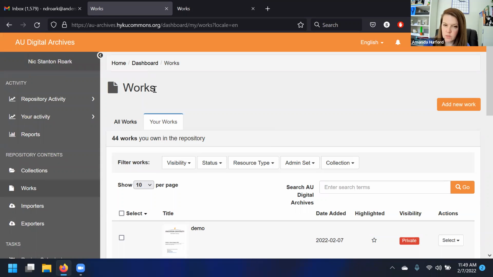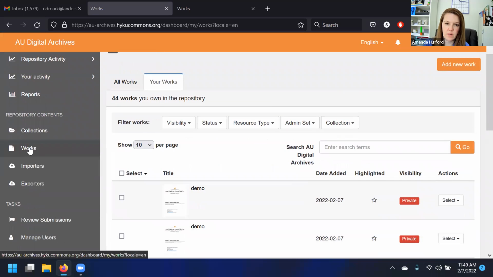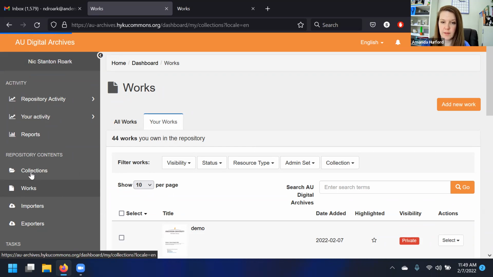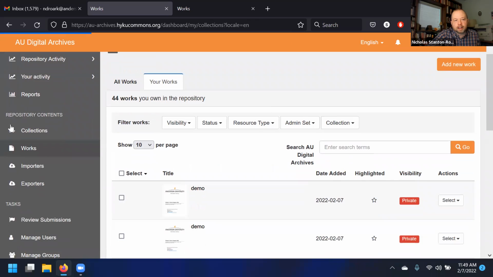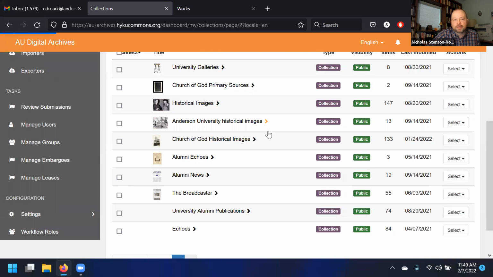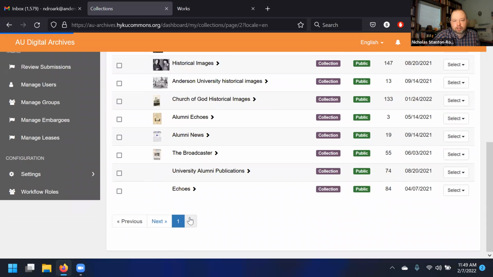And there's a question in the chat. Can we turn off lease as a visibility but keep embargo? I can't see a use for leases in an IR of research works. It might even confuse researchers. As far as I know, we could submit that as a request to kind of separate the two. No, I believe that we can. Let me pull up admin set. But I believe that's one of the standard options for